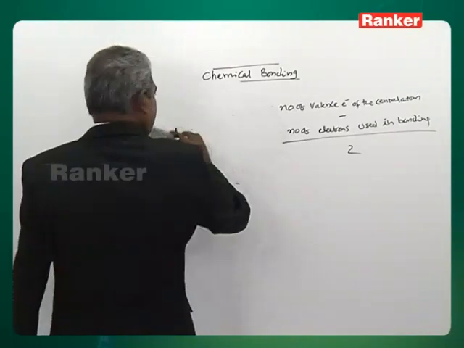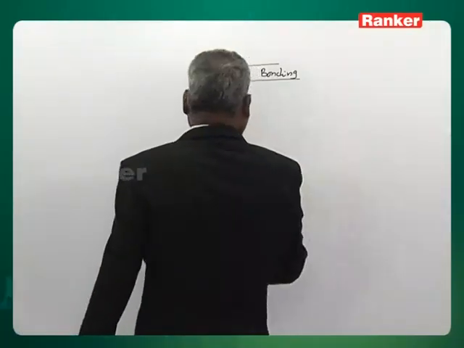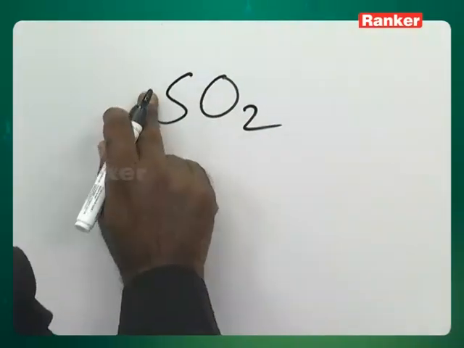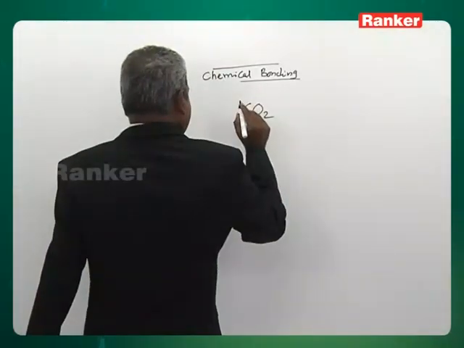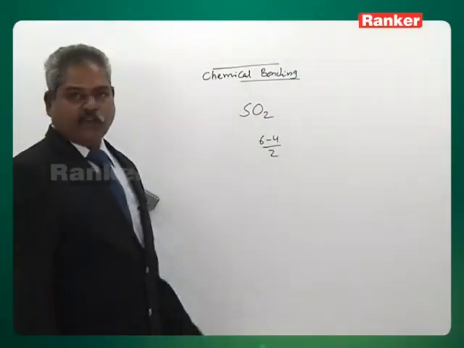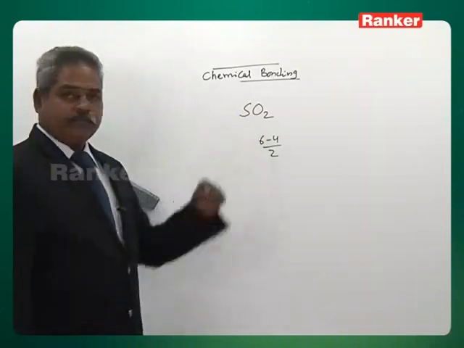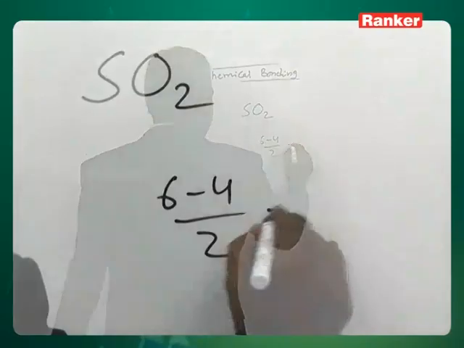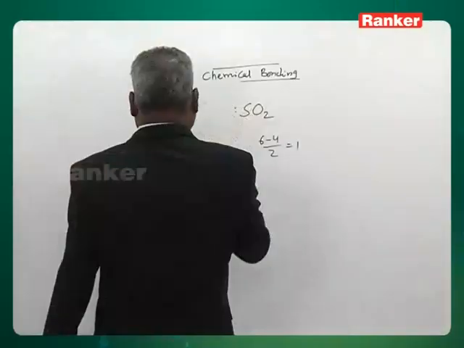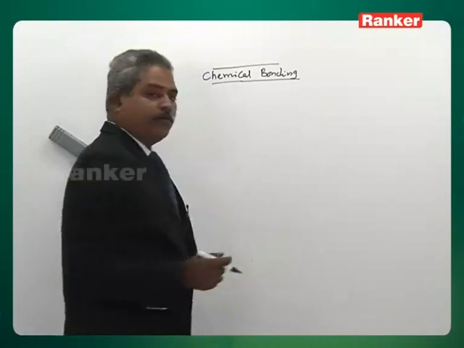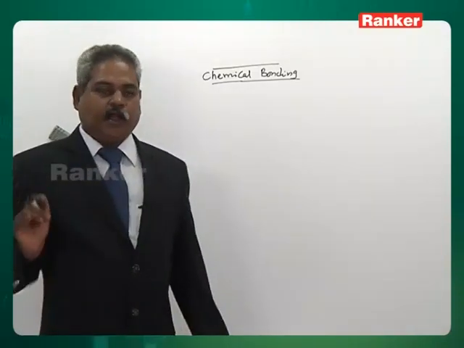Like that. How about SO2? SO2. 6 minus 4 by 2. What is this 6? Sulfur, you know, belongs to the sixth group. Minus 4 by 2. 6 minus 4 by 2. 1 lone pair. SO2. Like this. So, the shape of a molecule depends on the number of